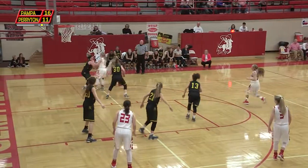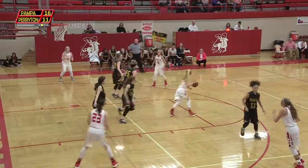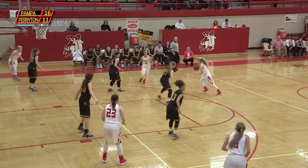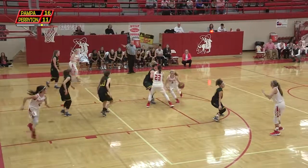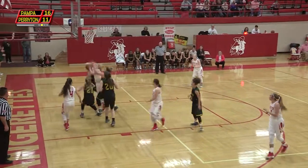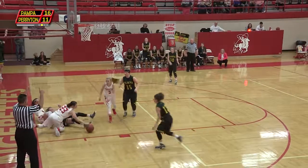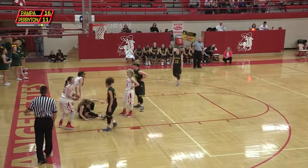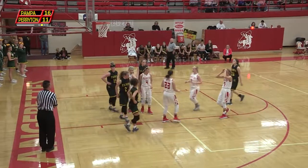Anderson now over to Alexis Hernandez over on the right side wing, attacked defensively, and Hernandez has to outlet to Mosley. Mosley looks down low, nothing there, trying to penetrate against Davis on the switch off. She's got the matchup she wants as far as quickness goes. Here's Hernandez, push pass, Mosley underneath, block shot, no foul called. And the rebound is fought for, and a jump ball situation will alternate the arrow Perryton's way,